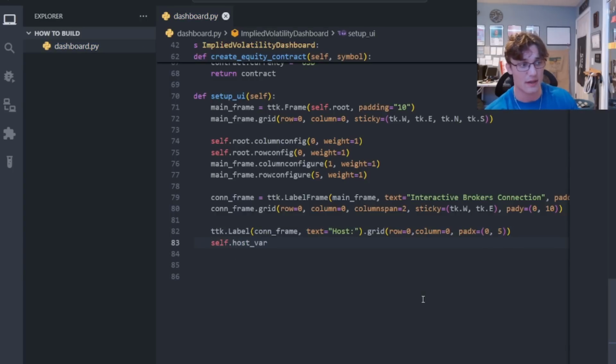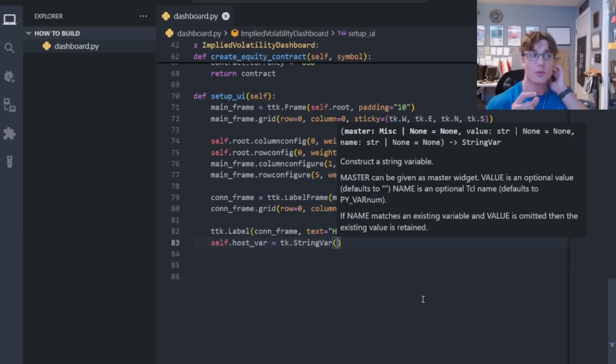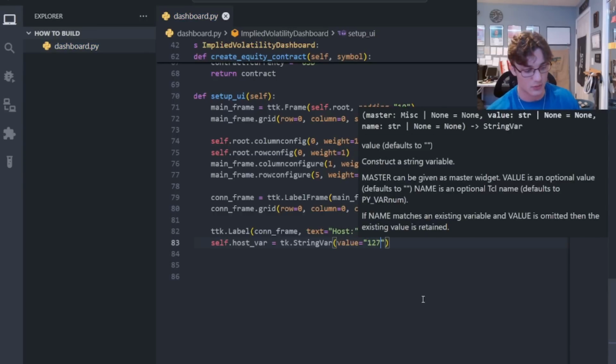The host var is actually going to be a string var, and this is going to be the value assigned to the input text field. So whenever it changes, this is how we're going to get that information from the user interface. We're not just going to fetch it from the input object. It's better practice to create a dedicated variable for this value, and access it via that dedicated variable. So that's what this self.host var is. It's going to be a string var with a value of the host, which defaults to